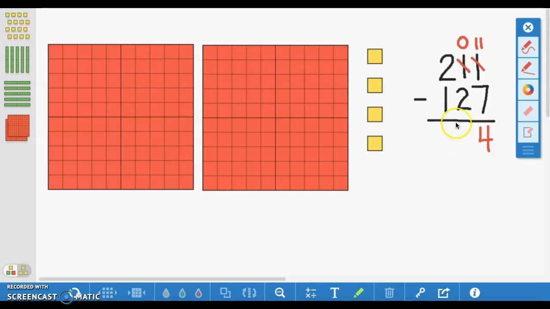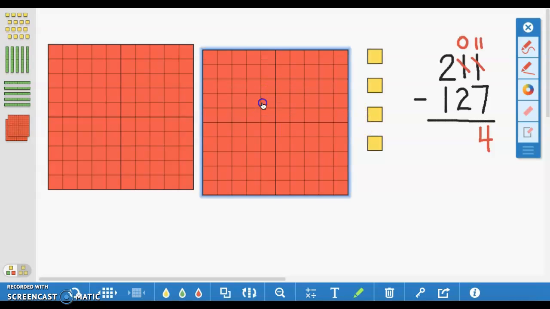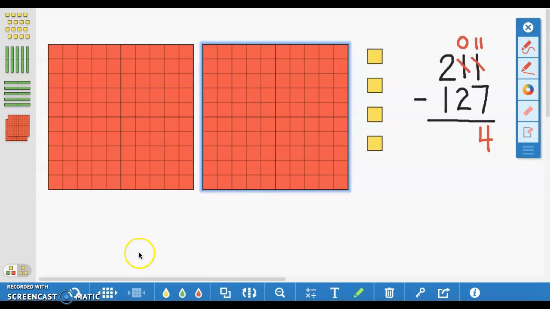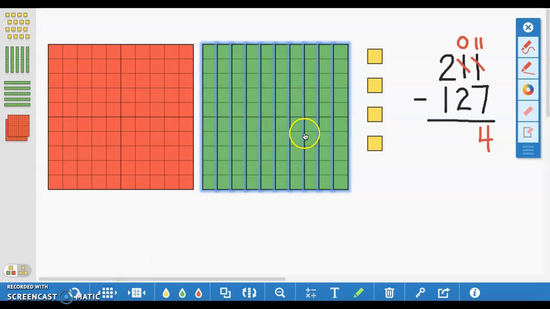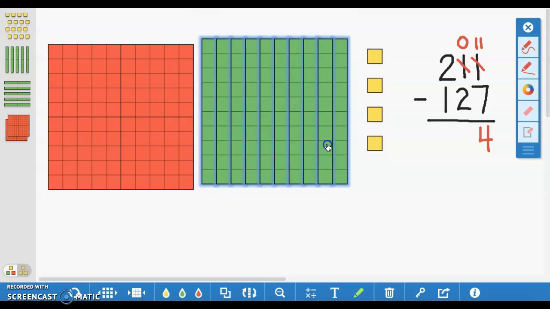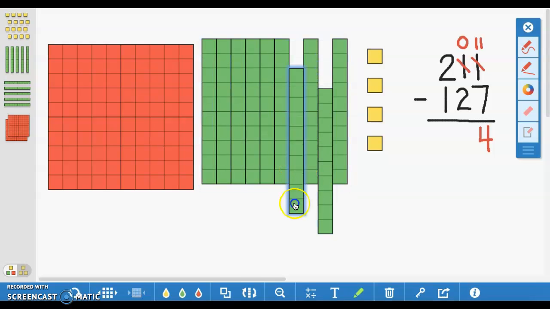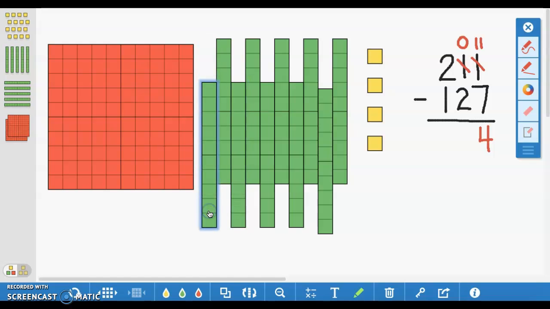Now I go to my next place value and I need to take 2 tens away, but I don't have any tens. So I will need to regroup my 100 into 10 tens. And I will show this by just moving a few of the tens away from each other. And I have a total of 10 tens. I will show that regrouping